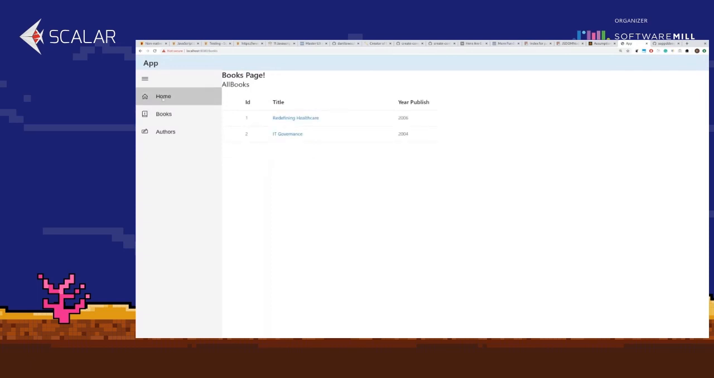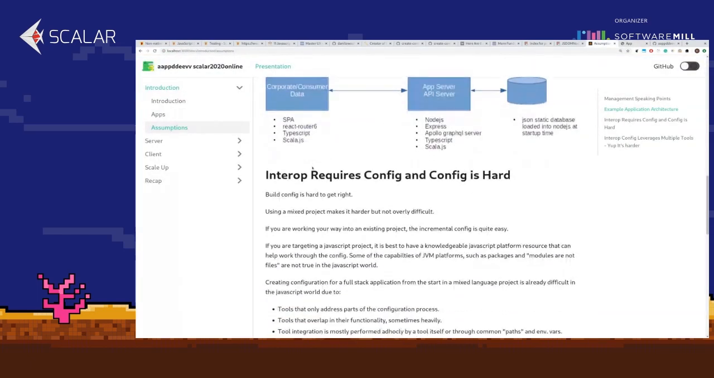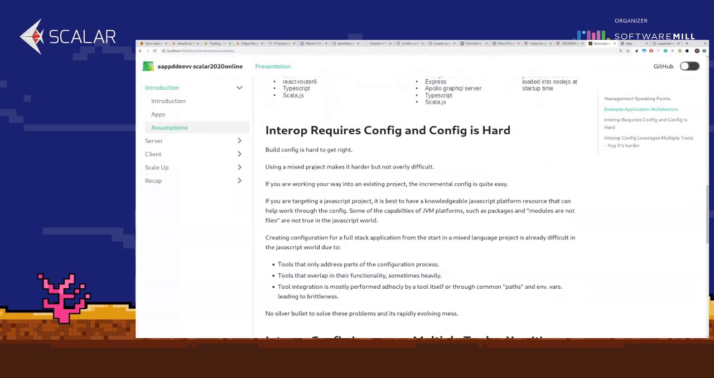But half of this app is actually running Scala.js, and the other half is running TypeScript and JavaScript type libraries. So that type of interop requires a lot of config. Config is always hard, and in a mixed project, it makes the project a little bit harder. But fortunately, if you have an existing project that you're targeting, because it's not a greenfield, for example, you have an opportunity to